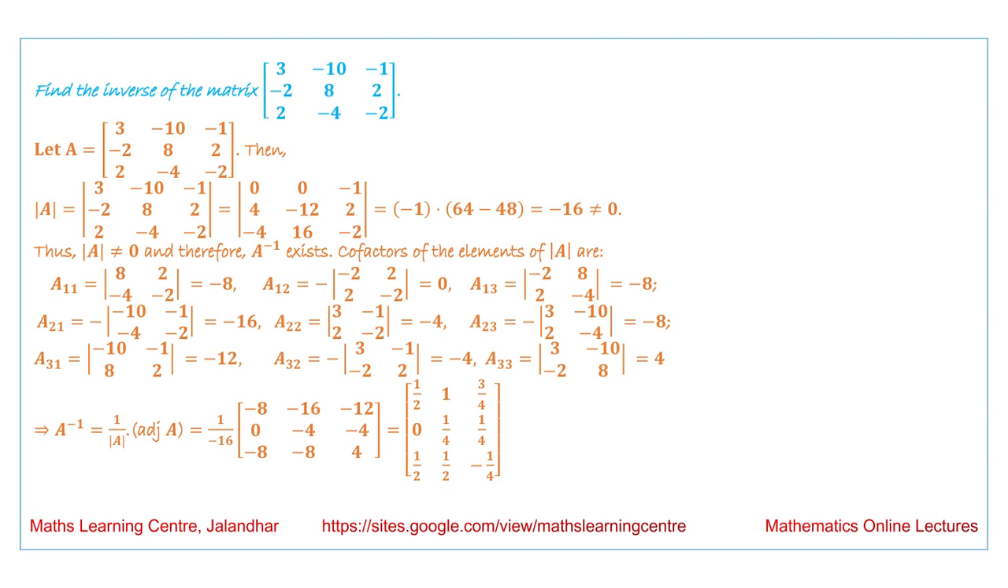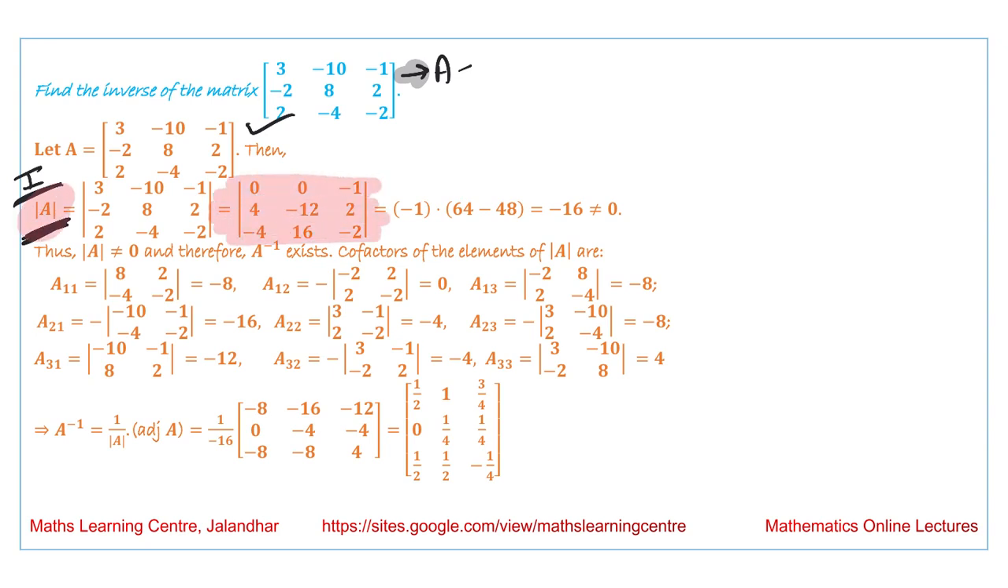Next, we are given a 3 cross 3 matrix and we have to find the inverse of this matrix. Again, what are the steps? Suppose this matrix we are saying is equal to A. This is step 1. We have calculated determinant of A. Now determinant of A, when we are calculating,